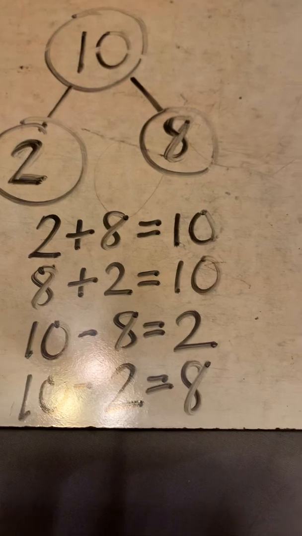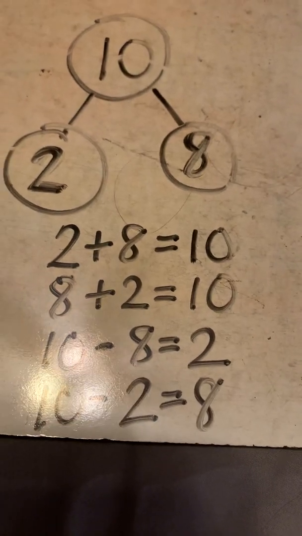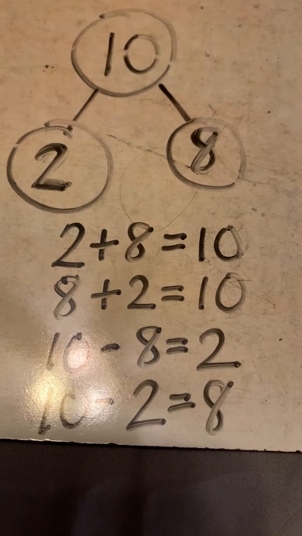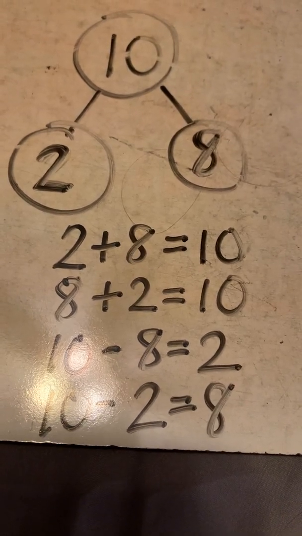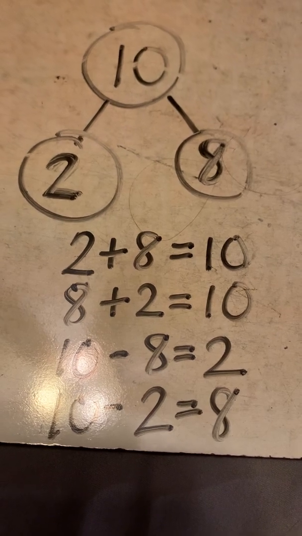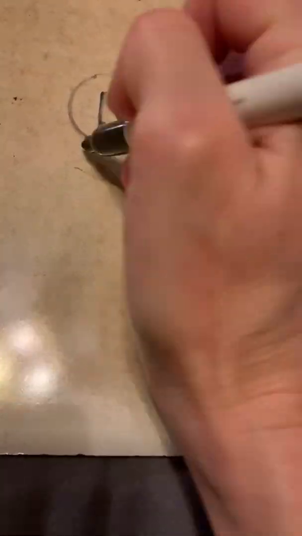All right, so how did you do? So we've done 1 plus 9, 2 plus 8, 3 plus 7. Have we done 4 plus 6? I can't remember if we did that one. We did 5 plus 5. Oh, I can think of another one that we haven't done yet. One that a lot of you would always think of for 10. All right, 10. This is one that a lot of you would think of. 0 plus 10 equals 10.